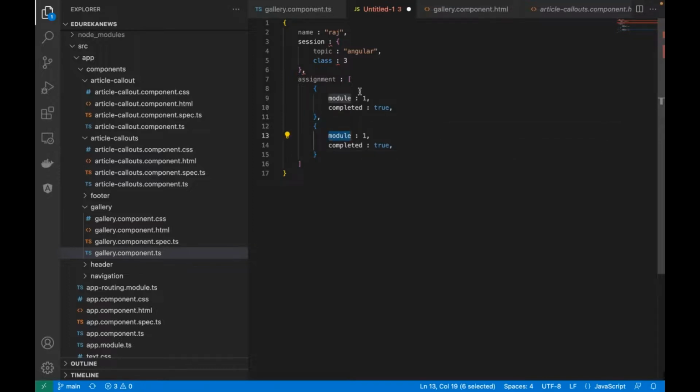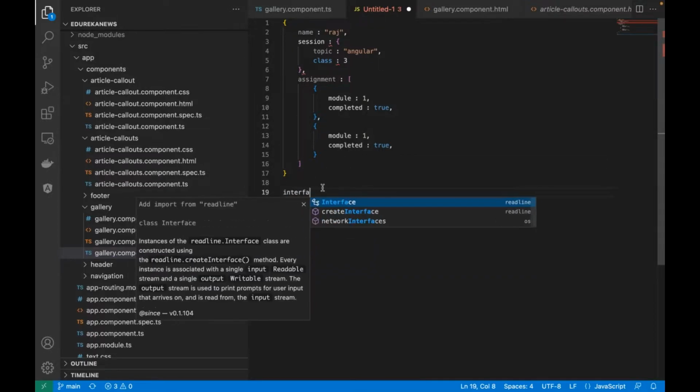Now the interface is kind of a blueprint. When you implement an interface, it tells us what kind of data I can expect. It's not the data, it's nowhere near the data. It's just a blueprint which tells you that you will expect this kind of data when it is available. Okay, so if I want to implement an interface for this data, I will say, okay, interface